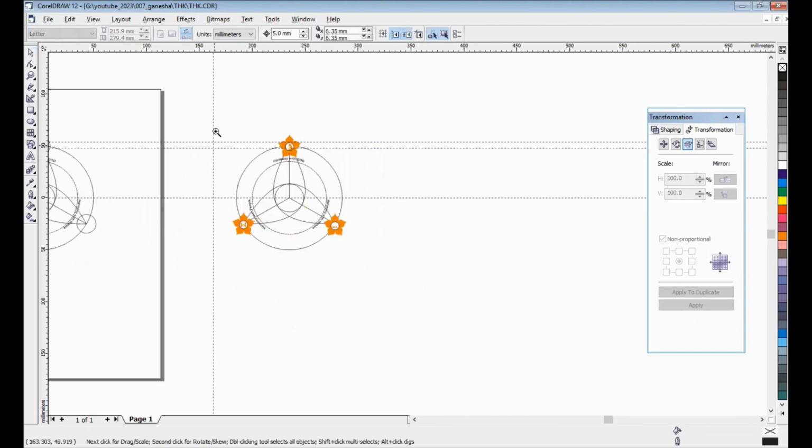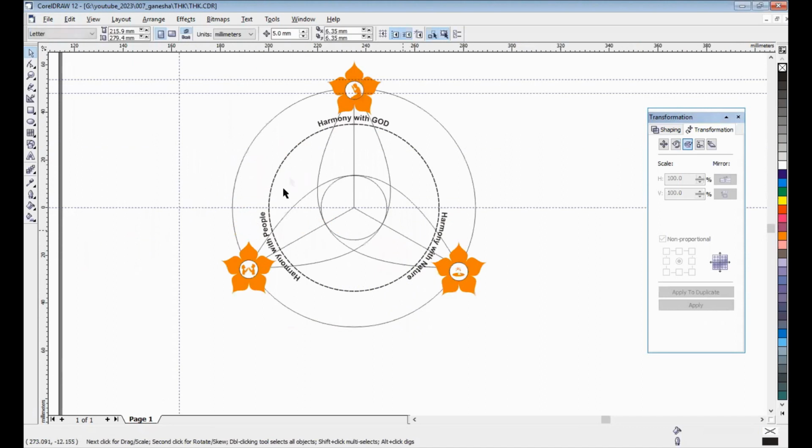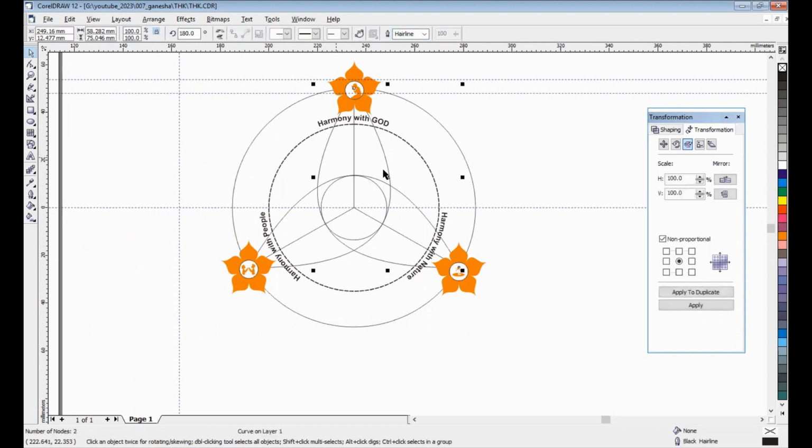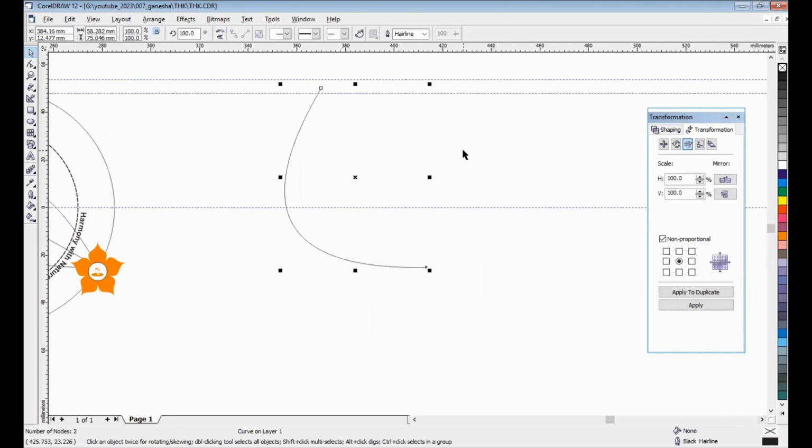Okay, let's try to make a modification. We will color this object. Okay, now I will copy and paste like this. Take a look. We can create any other object from this part.